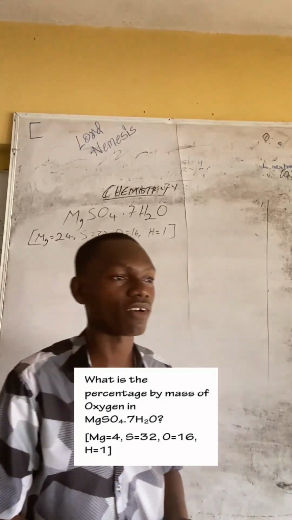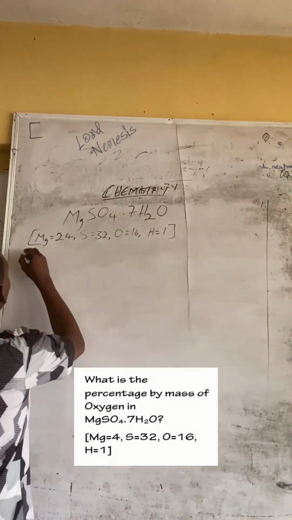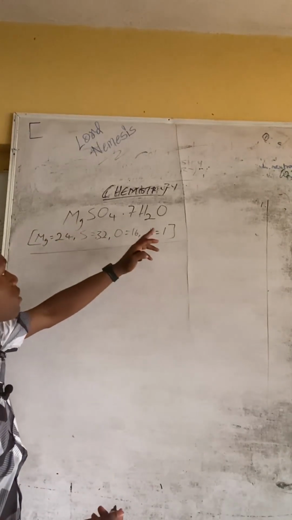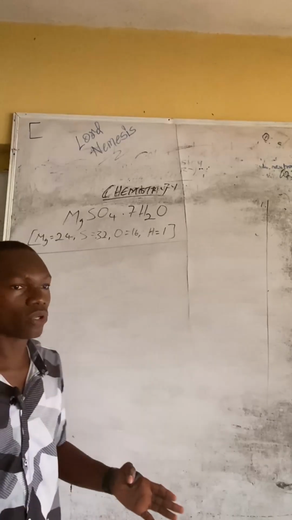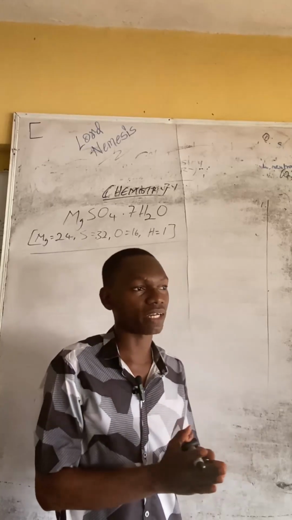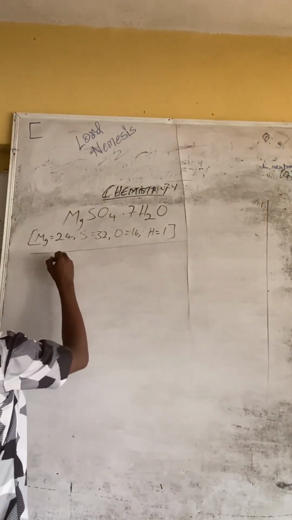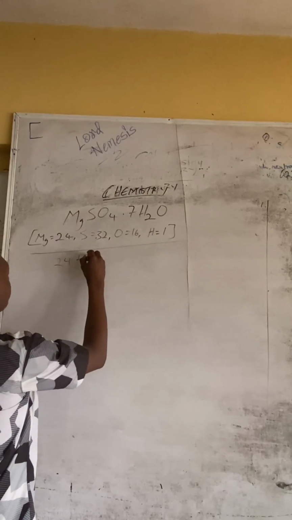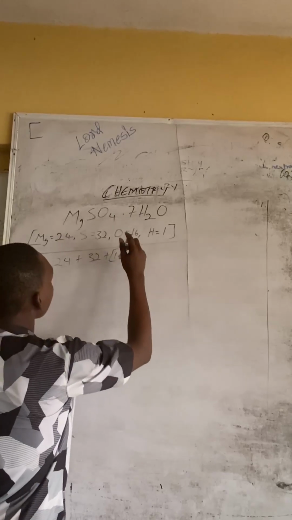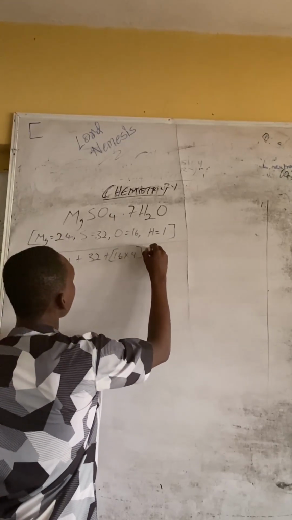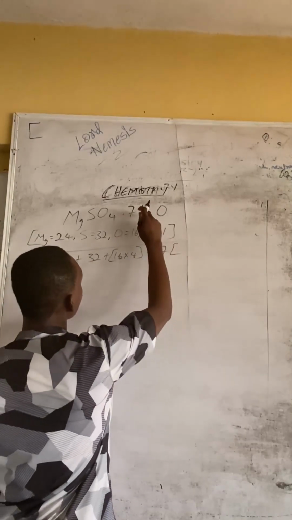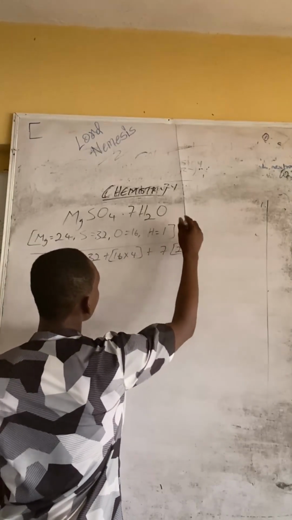So first of all, let's calculate the mass of all the elements present here. We're also given the respective masses of the elements: magnesium 24, sulfur 32, oxygen 16, and hydrogen 1. So relative molecular mass is just the sum of the mass numbers of the elements present here. Magnesium 24 plus sulfur 32 plus oxygen 16, and you can see oxygen appears 4 times, so multiply by 4, plus 7 molecules of water, and we know hydrogen is 1 times 2, that's 2, plus oxygen is